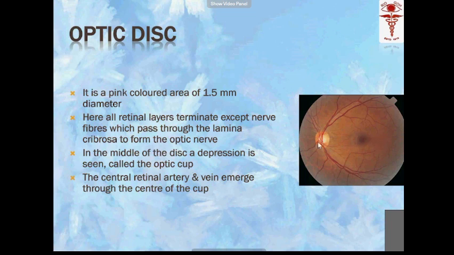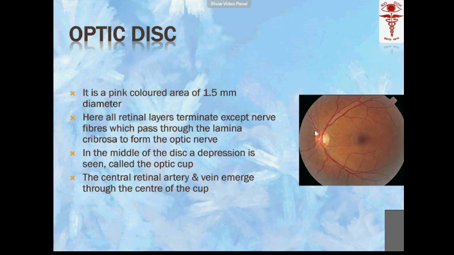Okay, so coming to the optic disc, it is about 1.5 millimeter in diameter. So for anything in the retina, suppose there is a lesion or any hemorrhage, if you want to tell the size of the lesion, you should always tell with comparison to one disc diameter or half disc diameter in size. For example, in diabetic retinopathy, in a condition called PDR, proliferative diabetic retinopathy, you will tell the amount of vasculature present with respect to more than half disc diameter, less than half disc diameter, something like that. With that only we are going to estimate whether it is an early PDR or advanced PDR. So we'll come to know about it in the later part of the class.